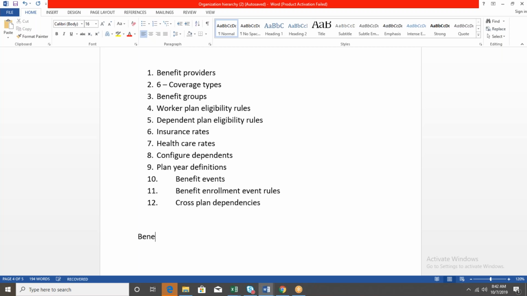Let's say you have benefit plan A, and also you have benefit plan B. There might be scenarios where an employee elects benefit plan A, and the employee is no longer eligible for benefit plan B. Or the employee selected plan B, and the employee cannot select plan A. Of either plan, only one plan can be selected.